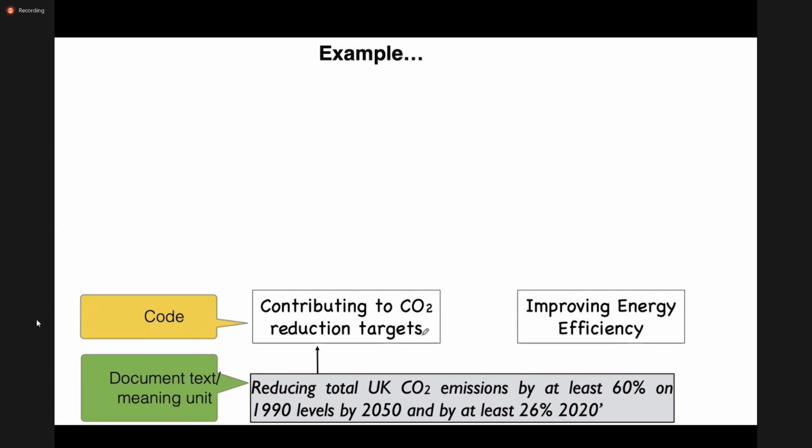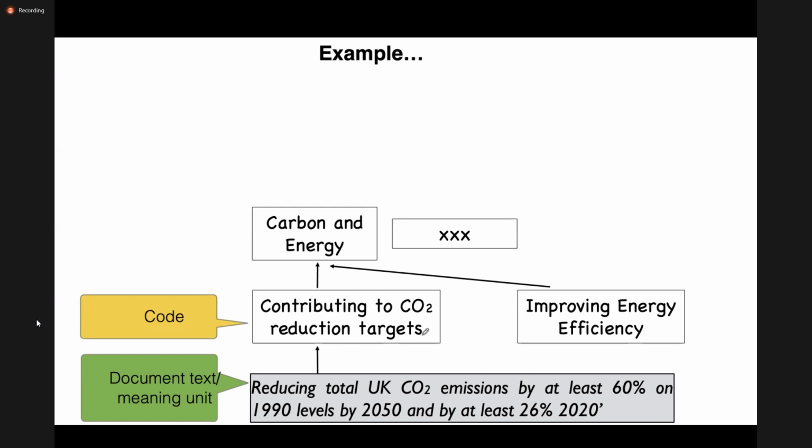aspects of sustainable construction. And then say, after looking at all these codes, I can see some of these codes I can group together. Both of these talk about carbon related things, so carbon and energy related things. Then some other codes talk about waste related things. Then there can be other codes that talk about, say, life cycle cost, minimizing life cycle cost or cost efficiency, or say addressing local economic needs, that kind of thing.